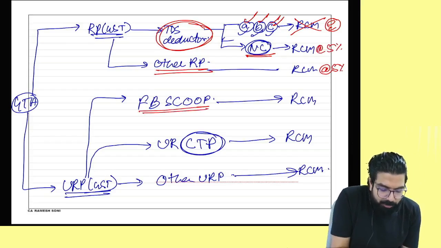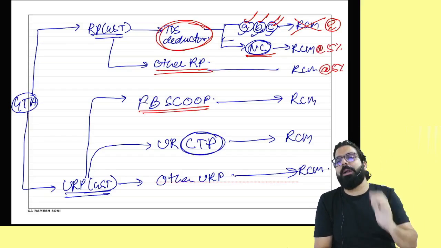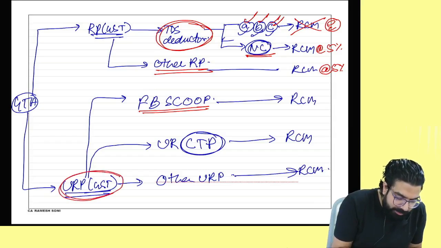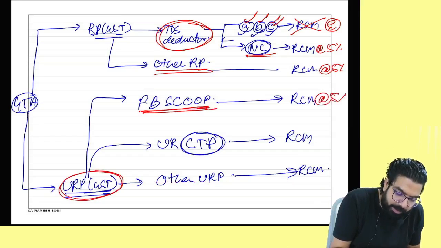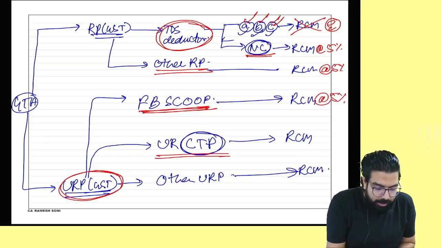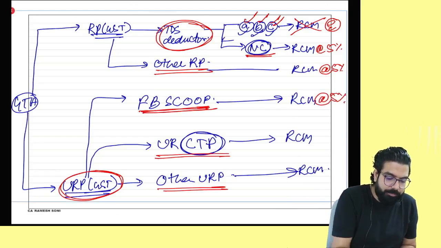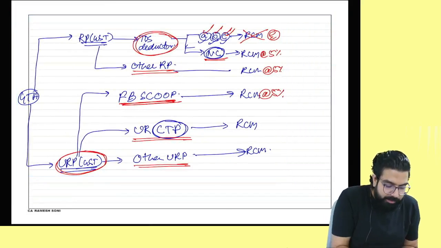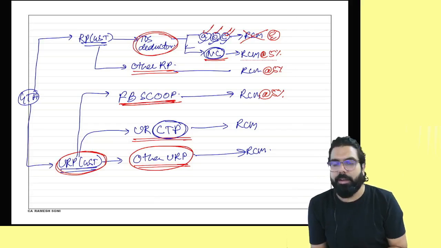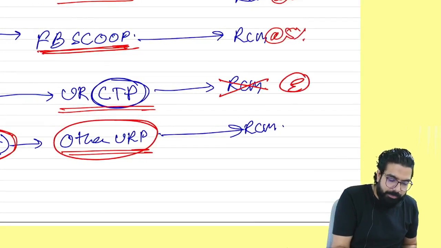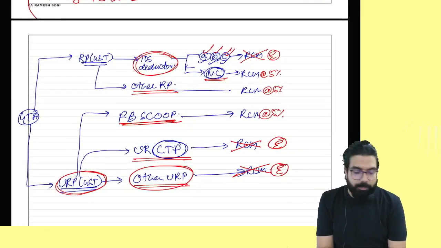Sir, what about FB scoop? Factory, body corporate, society, cooperative society and partnership firm, what will happen? If they are unregistered persons under GST, always remember that even if they are unregistered, they have to pay GST under RCM at the rate of 5%. Sir, unregistered CTP and other unregistered persons, what will happen? GTA gave services to you. If you have to pay GST under RCM, you have to take compulsory registration, and hence the government told exempt and exempt. Is my point clear to all?